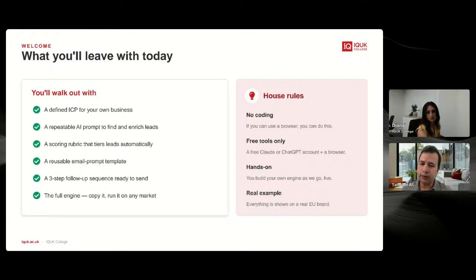You don't want to repeat yourself when you send 3 emails, on the first day, the 5th day, or the 10th day. In this session, we are not looking at any coding or anything very technical. If you know how to use AI tools, like Claude or ChatGPT, then you can manage it. You don't need a technical background to do this kind of B2B email marketing. Also, we're going to look at real examples. I will try to keep it practical and bring some real use cases.